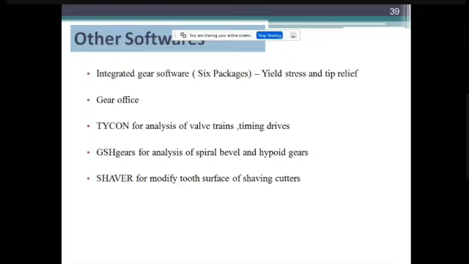And the advanced package is related to hobs and cutters. So for yield stress problems, the file is converted to IGS, which is used to transform from a Word file. So automatic upgradations are available. This is for integrated gear software. Similarly,